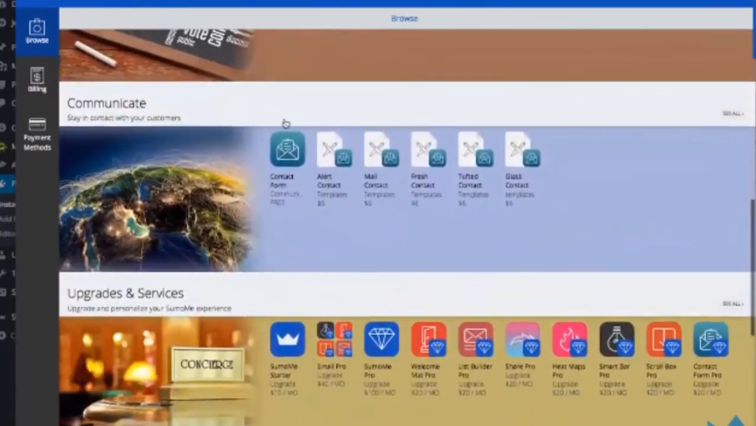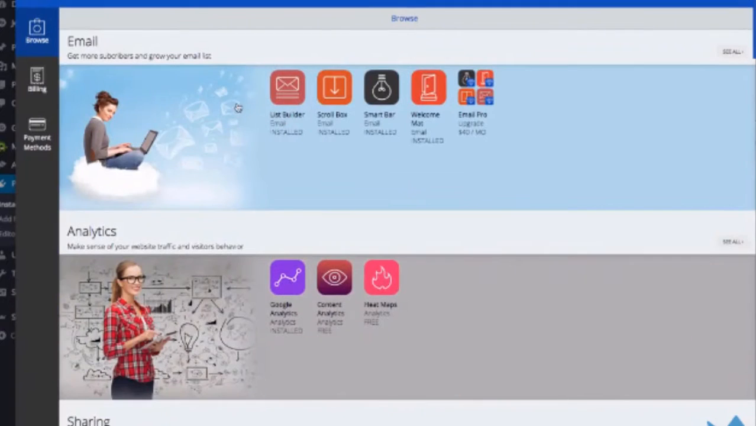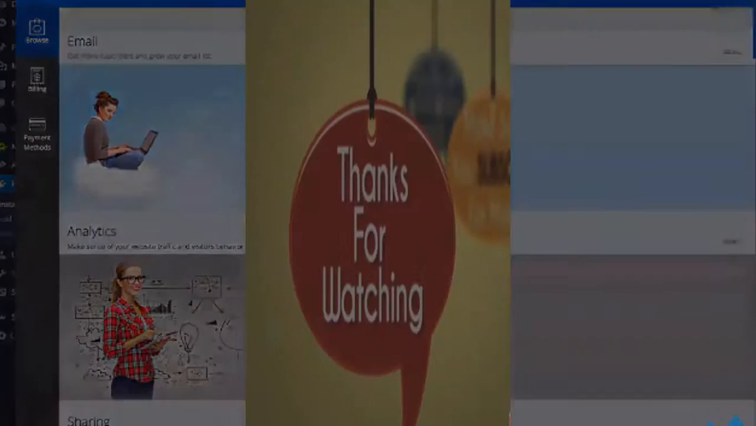This is also where you can upgrade to all of the pro versions of each app. All of these are free to get started, free to use, and I highly recommend starting out. Download all 7 of these email and analytics apps. And that's a great way to get started growing your site, growing your traffic, getting more subscribers, and